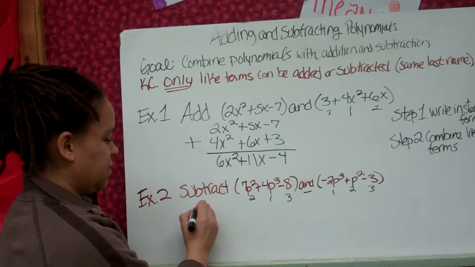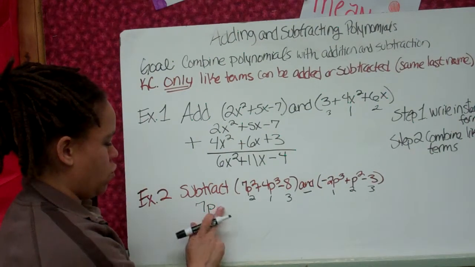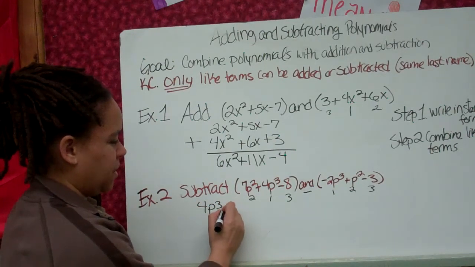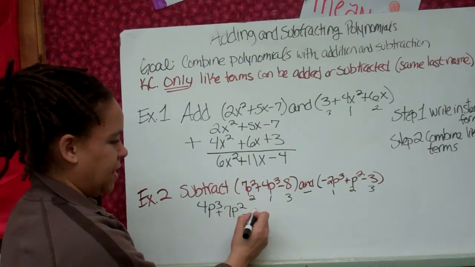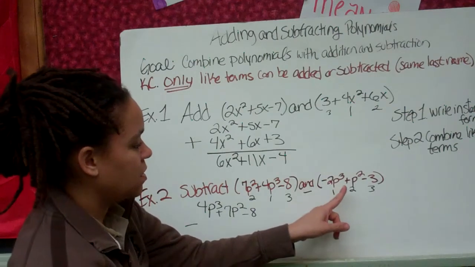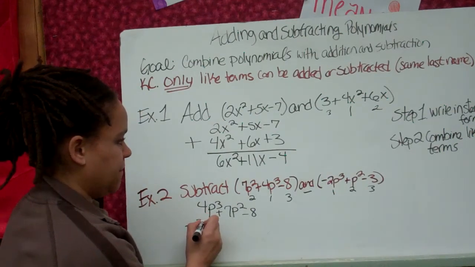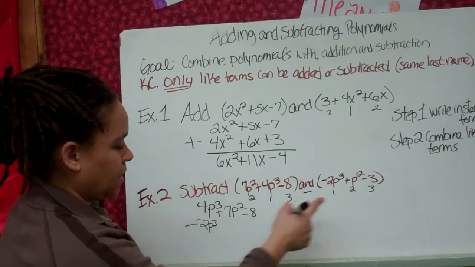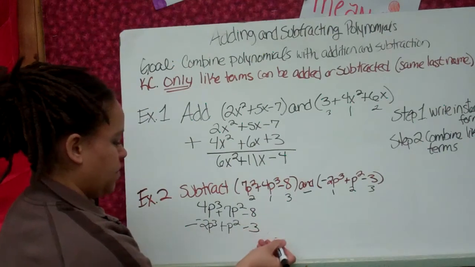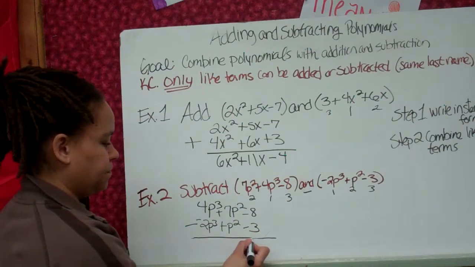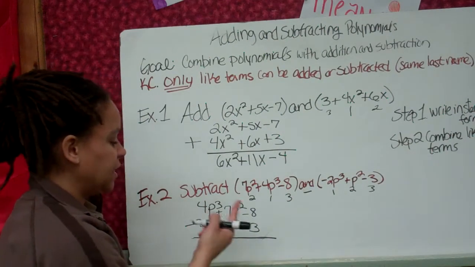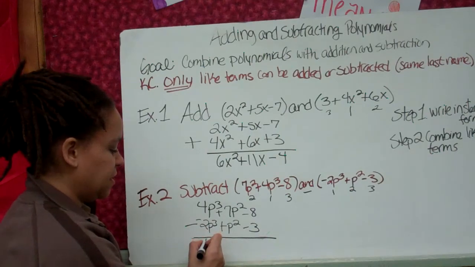So we're going to have 7p, no, hope you caught that, 4p cubed, got to write it in order, plus 7p squared minus 8. And we're going to subtract, keep your negative signs, be careful with those. Negative 2p cubed, and positive p squared, negative 3. So let's subtract these. Careful with these double negatives. 4 minus negative 2 is going to be 4 plus 2, which is going to be